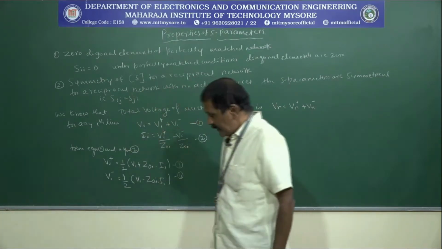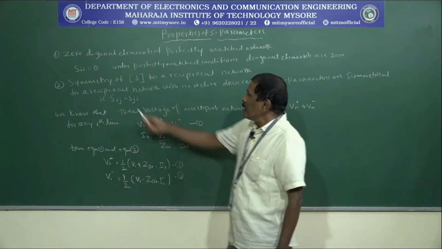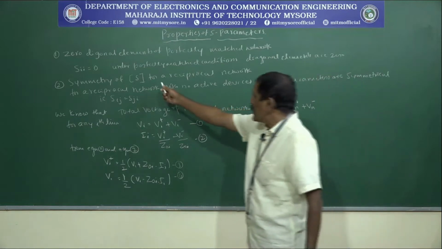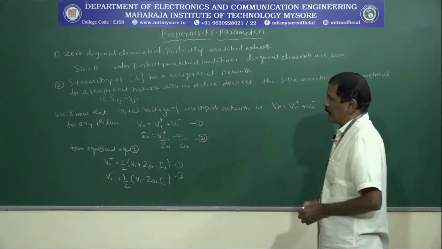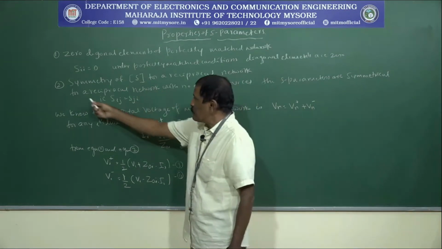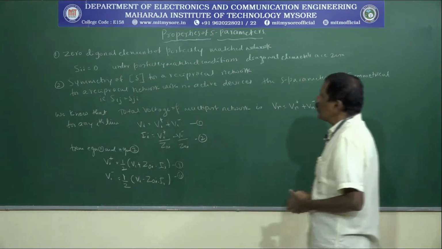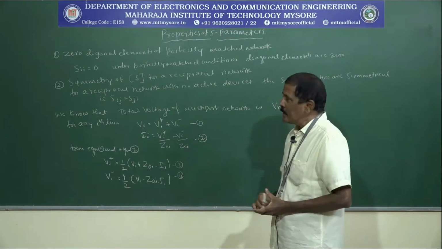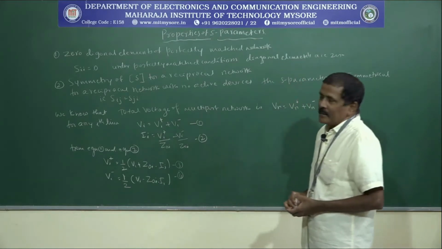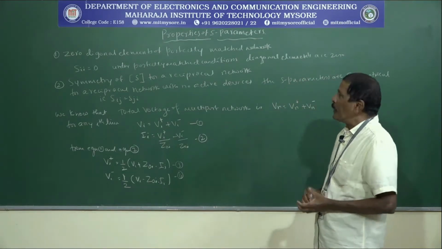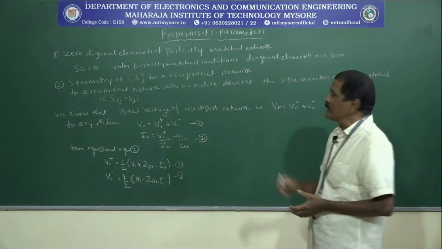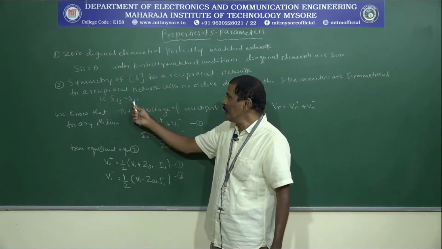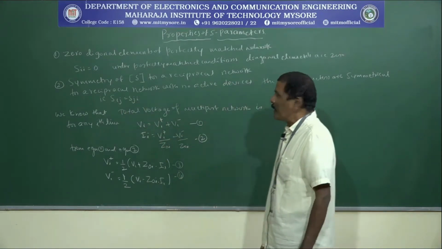Next, consider the second property. The second property is the symmetry of S, that is, S parameters for a reciprocal network. For a reciprocal network with no active devices, the S parameters are symmetrical. If you have a reciprocal network where no active devices are connected, then the S parameters are symmetrical, that is Sij is equal to Sji, where i and j